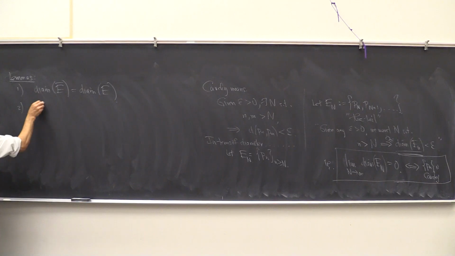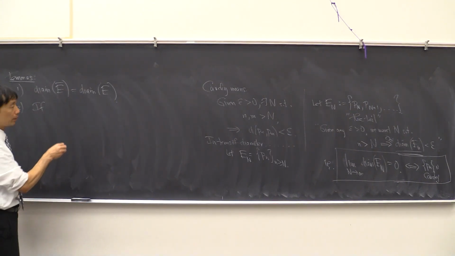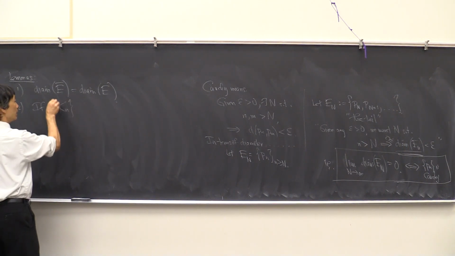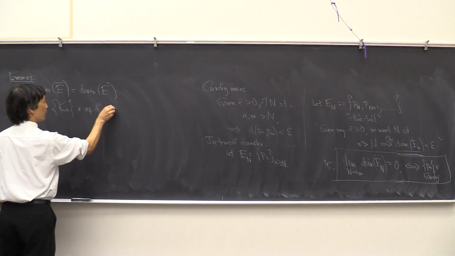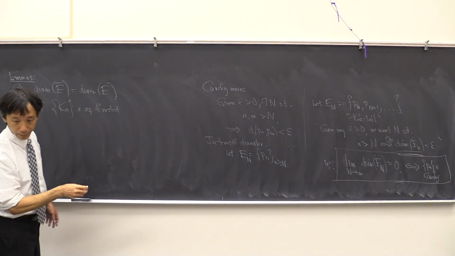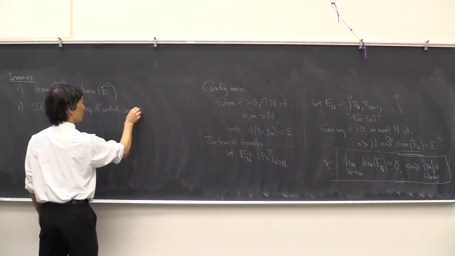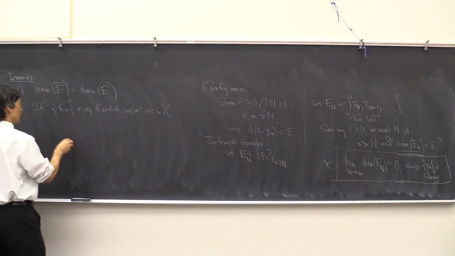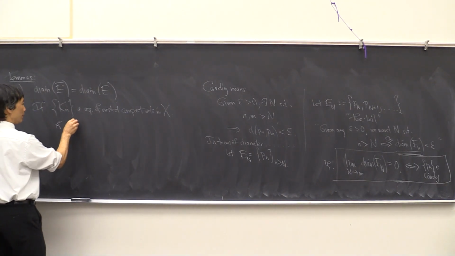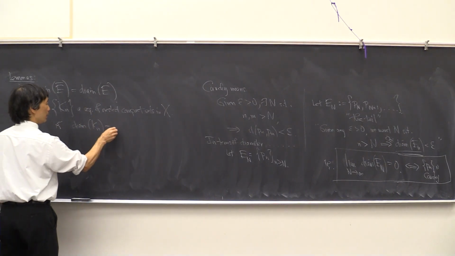And two, if you have K sub n, a sequence of nested compact sets in metric space X, and further the diameter of the K sub n goes to 0,